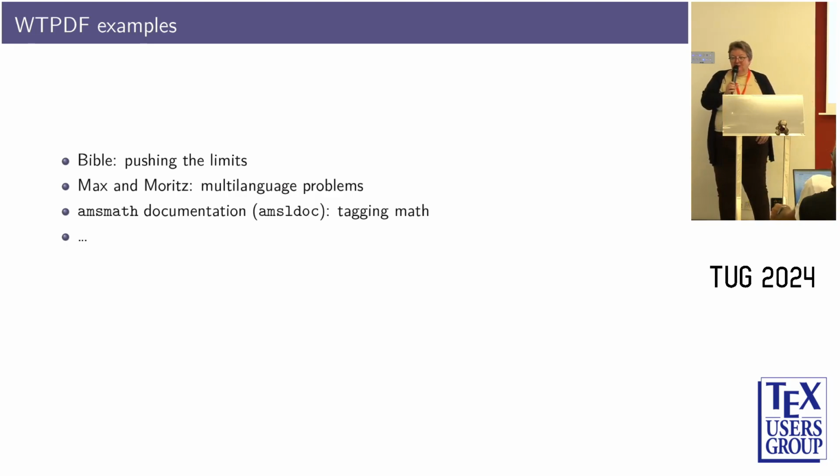Another interesting one was Max and Moritz, which shows open problems with more than one language. The document we found has an English introduction and then German text, but the screen readers can't really handle more than one language well. They either read the English text with a German speaker, or the other way around, and sometimes they even mix. And it's curious and shows a problem really with tools,